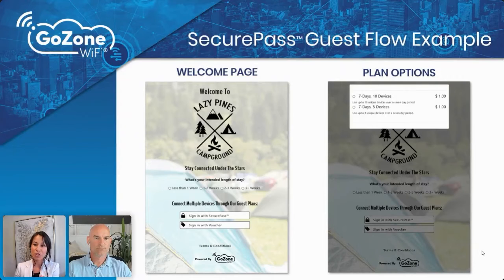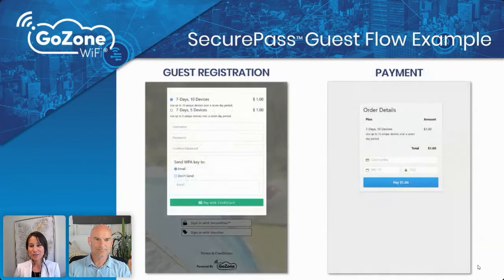The next portion of this would be that myself as a guest, I get to choose, I'm going to be here for 7 days. I want to do this for 10 devices. I'm here for 7 days. I'm going to personally attach for 5 devices. In my case, if I'm doing this, it's going to be 10 devices. I do travel with my Fire TV. It is a guilty pleasure. Doesn't matter where I'm at. I do need to bring a little bit of home with me. From there,